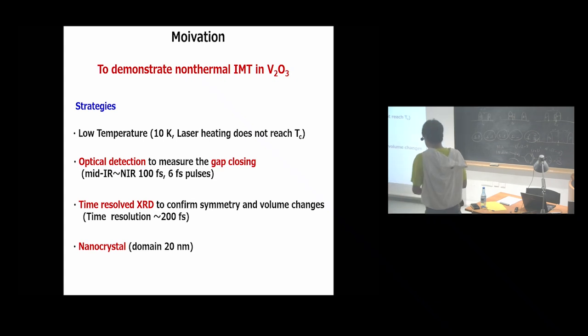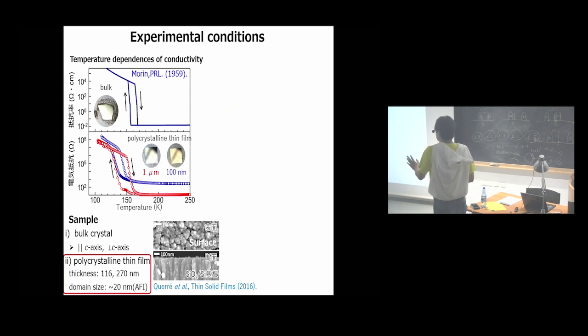And to avoid the, I forgot the name of the cramping effect. To avoid some cramping effect detected in the bulk sample, we use the nanocrystalline sample. I skipped the detail, but this nanocrystalline thin film has a thickness of 100